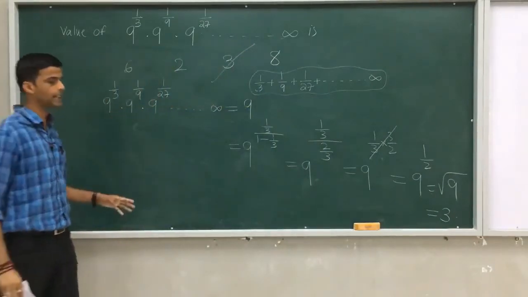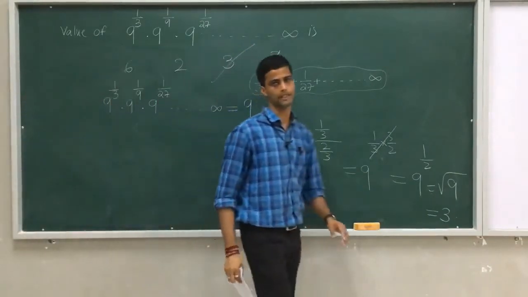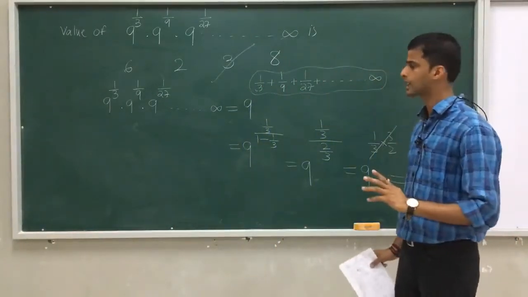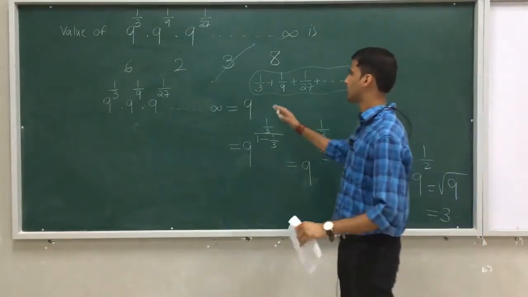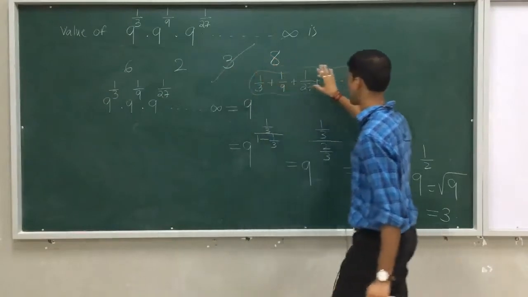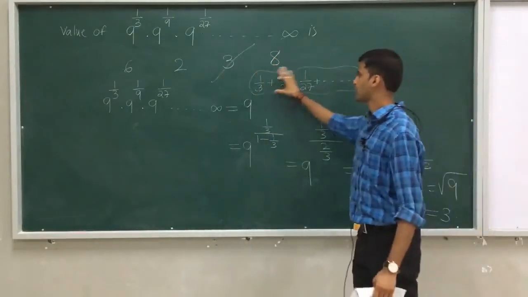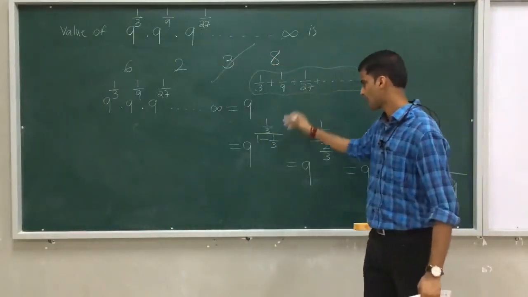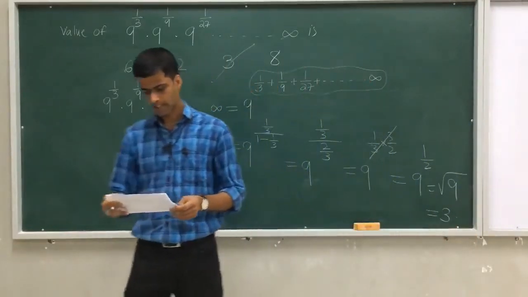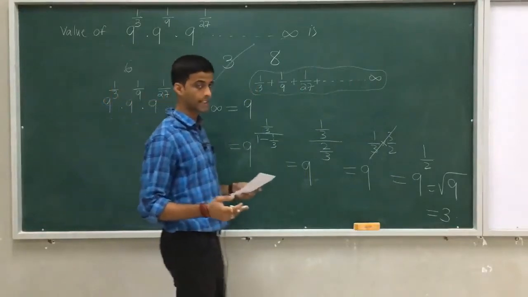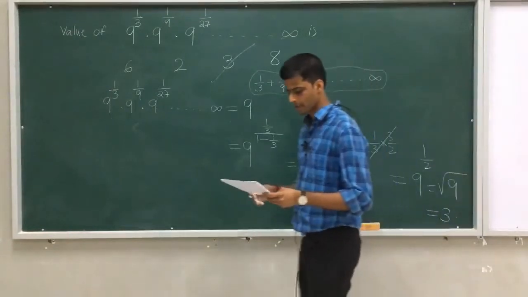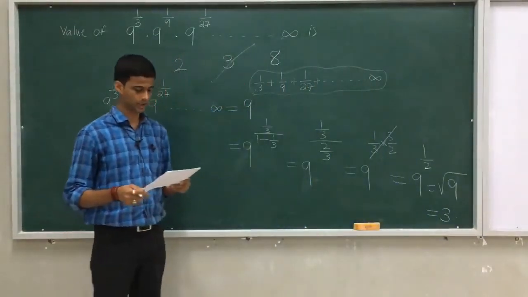Initially it looks very difficult, but look at the application of GP. If you apply such a thing, look at the easiness. You can solve it in a very easy way. What I have done is I took the bases as they are, then I targeted the power, and I got to know that it is in GP. So I got this concept in the easiest way. Like this we have 2 more questions. We will discuss them at the end of this session so that you can take them in a different way. All you need is your logic, so just take care of such questions.